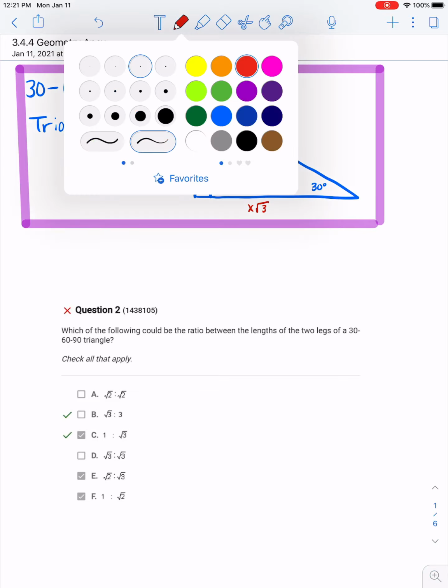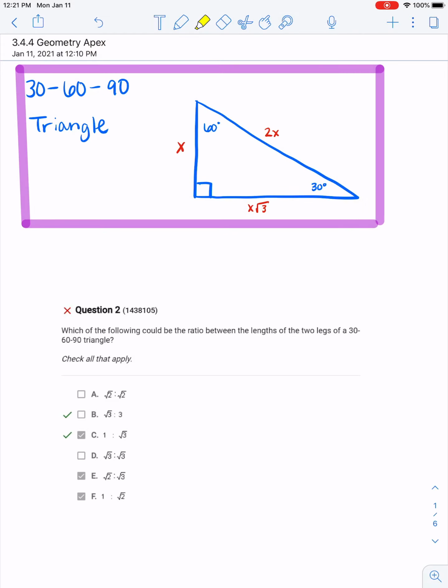So what we know is that the side beside the 60-degree angle, we're going to call that the short side. So the short side, or the short leg, which is beside the 60-degree angle, is x. So it could be 1, it could be 2, it could be 17.3, whatever it is, we call that leg x, okay? And then the longer leg, so the other, not the hypotenuse, but the other leg,